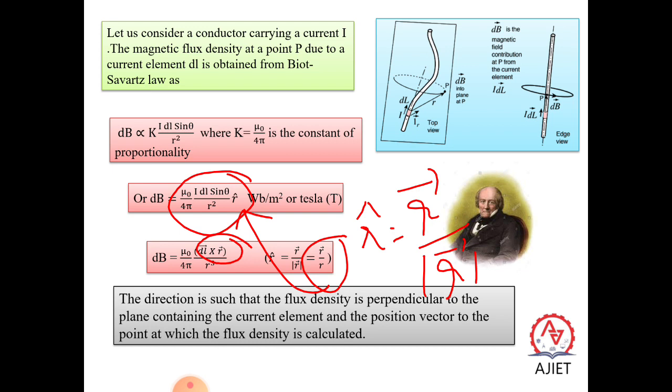The direction is such that the flux density is perpendicular to the plane containing the current element and the position vector at that point of the current element, at the point at which flux is calculated. In this way one can calculate the direction of the flux density. You can also go for the right hand clasp rule, where the whirling of the fingers gives you the direction of the flux density, whether it is inside the paper or directed outward from the paper. Okay, so next one,